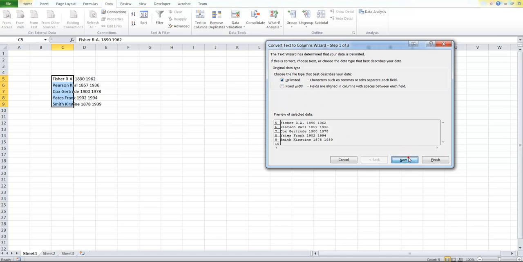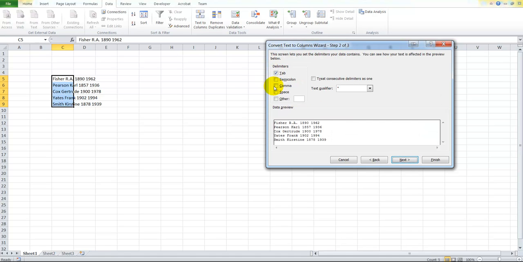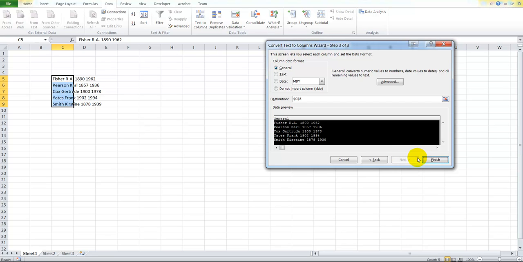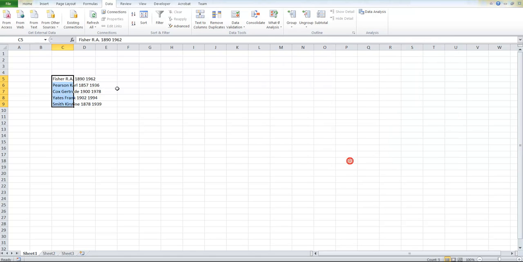So if I'm right about that, let's see if we are. Tab, and go to next. Doesn't actually look like it is right, but let's see. No, it's not correct actually, so that won't work. So it's not delimited by tabs, so it's going to be actually hard to do this, but I wonder if I could do it this way. It's kind of a lazy way to do it, but